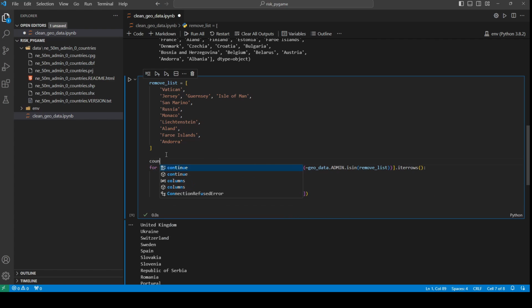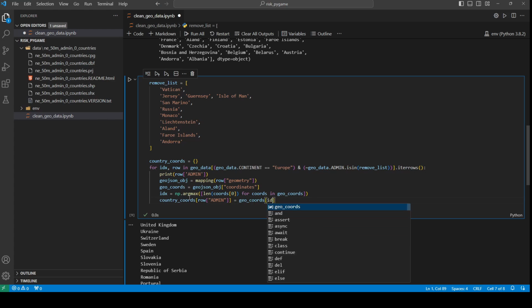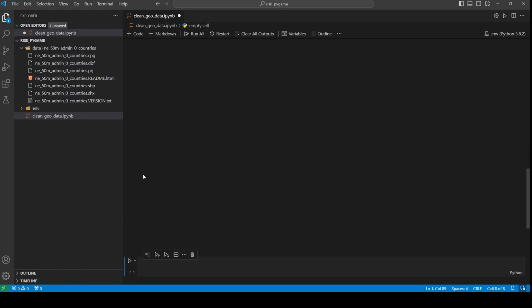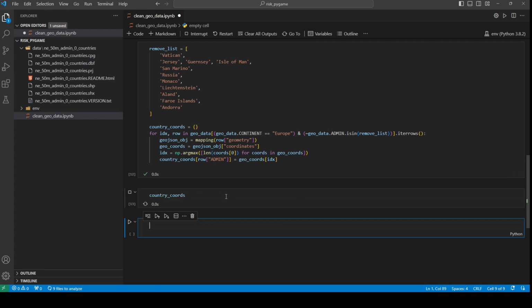I'm just going to create a new dictionary for storing all of these things. So I'm going to call this country_coords. And how I'm going to save the data is, firstly, the key of this dictionary is going to be the name of the country, which is from the admin column, and then the value in this dictionary is going to be the geocoords, and we're taking the largest index. So I'm going to remove the print statement, run this code. Okay, it's worked,